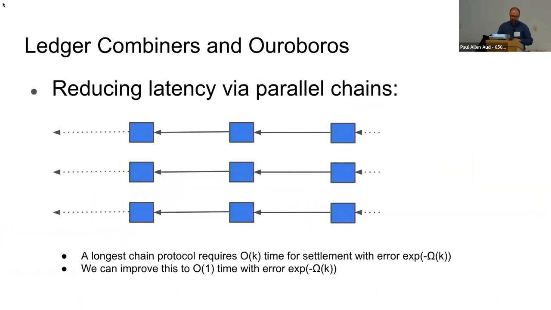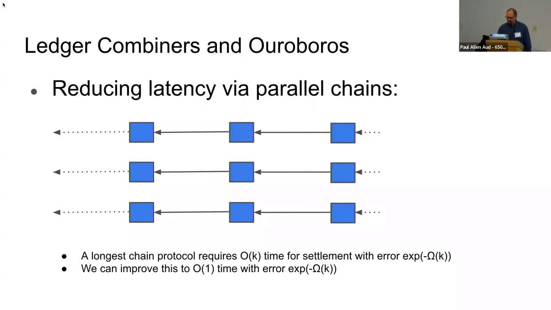I'll very quickly also show you two more results. Perhaps you are all familiar that Bitcoin is quite slow in confirming blocks. One reason for that is that you have to wait, let's say, for K blocks, and only then are you going to get an exponentially dropping error in K. That's bad. We would like to see if we can do faster. And something we did in the work called ledger combiners, we show how you can take a number of chains and combine them together in a single ledger, so that it's possible to get constant time settlement with overwhelming success probability.